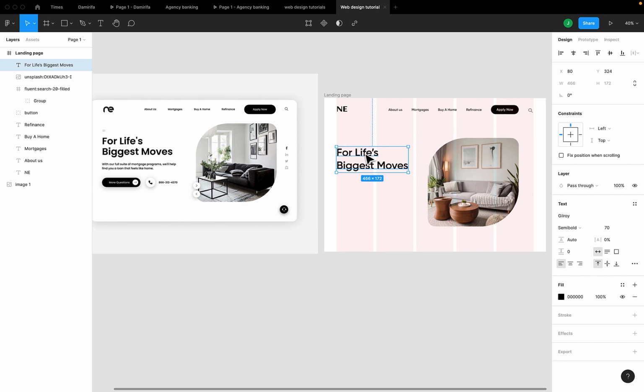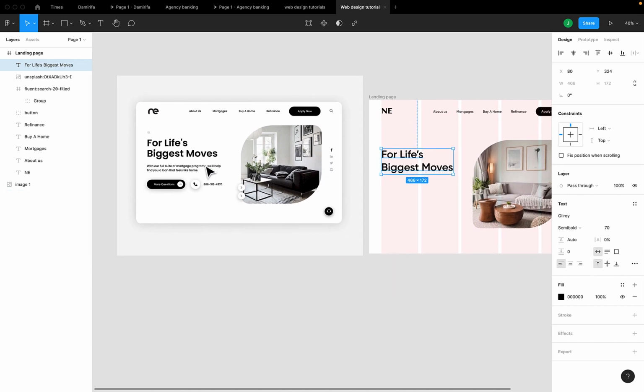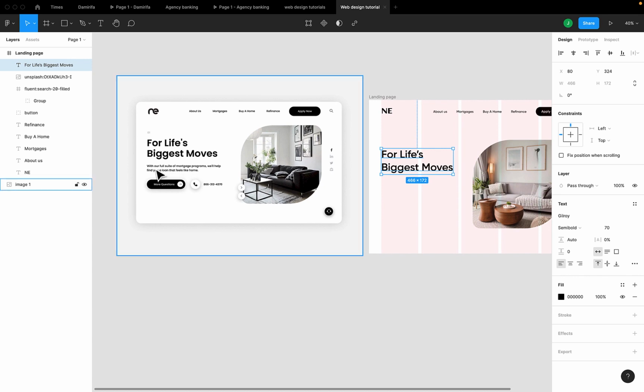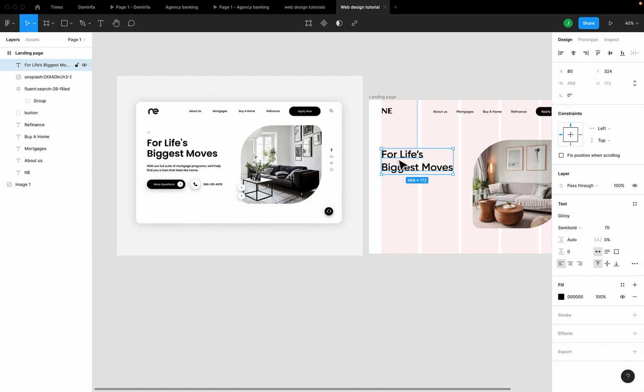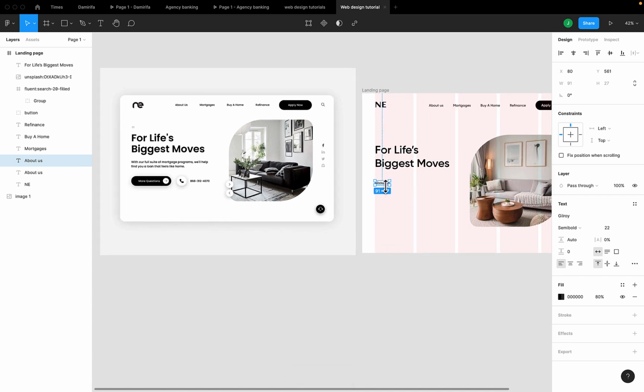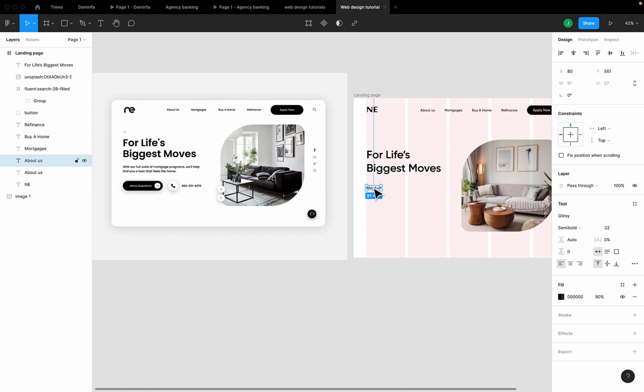Okay. So the next thing we are going to do is create this "with our hearts full" text down here. Once again, I'll just duplicate this here so that I don't have to reset the text properties. You can choose to type or just use a lorem ipsum. So, with our hearts full,